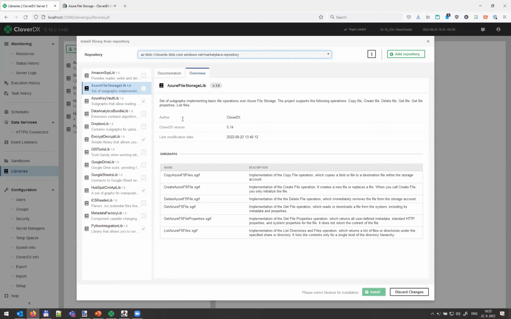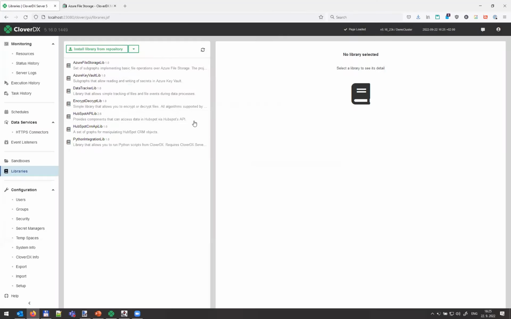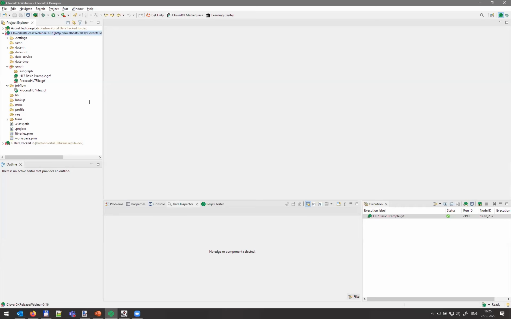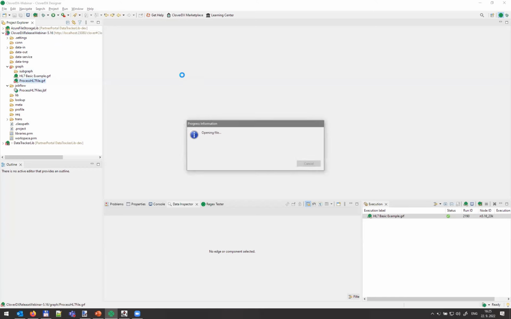And if you want to install something from there, for example, if I wanted to install this one, I just click install in here, it will download, and that's it. I now have a library that I can use. So if I'm working in any project connected to the server, I will be able to use the library from the designer, right? And if I switch to a designer and open, for example, something like this,